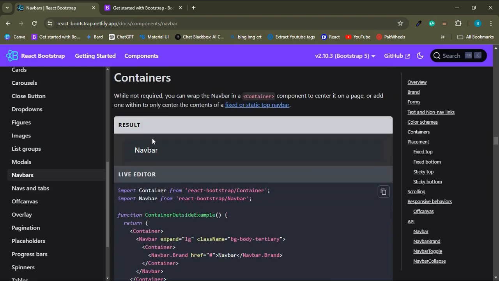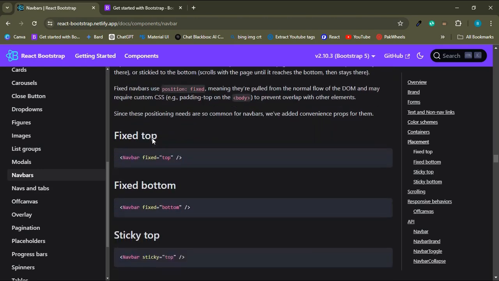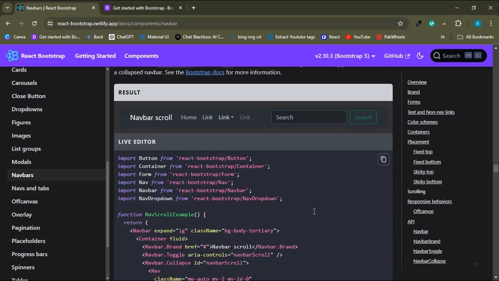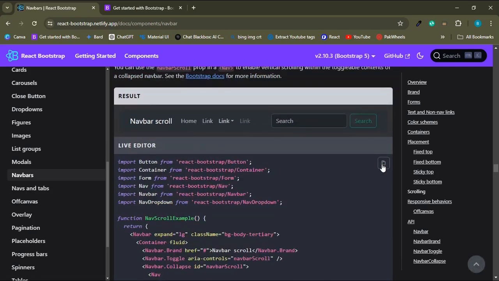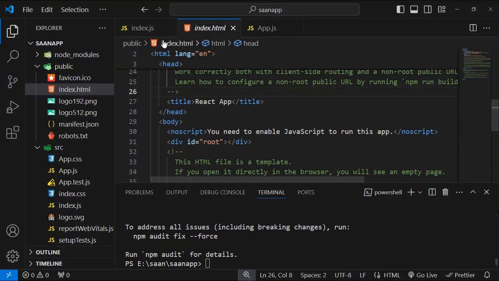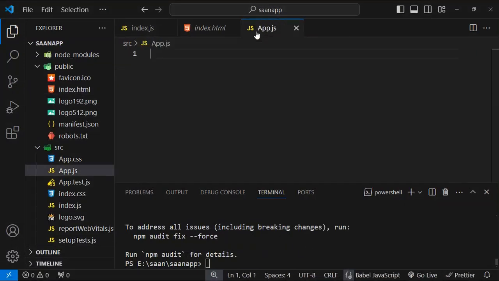So I'm going to use that code. As you can see, here we have the logo, and here we have navbars and a drop down menu as well, and here we have the search bar. So I'm going to copy it and paste it in my VS Code, and here I have to move into our